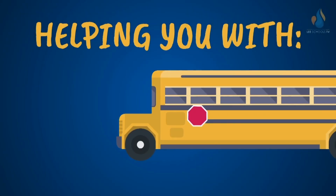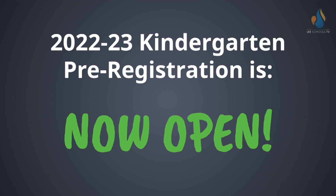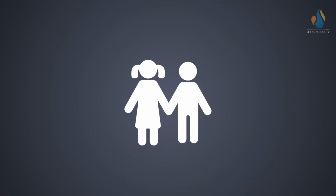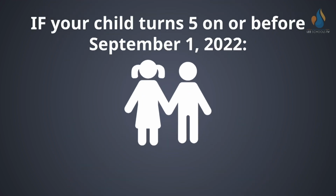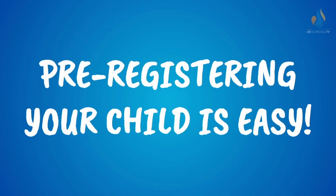The School District of Lee County wants you to know that kindergarten registration for the 2022-23 school year is now open. If your child is turning 5 years old on or before September 1st, 2022, you may pre-register them now until November 30th, 2021. Pre-registering your child is easy and comes with many perks, such as